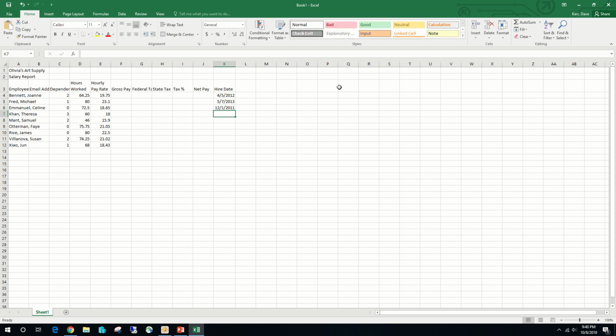If you saw those pound signs or the hashtags, it's because the cell itself wasn't wide enough to fit all the contents of it, so momentarily it put the hashtags in there for you. Okay, so for cell K7, it's going to be 1/3/14,